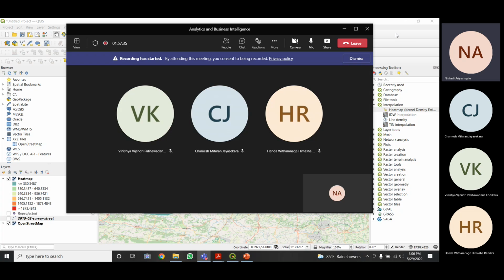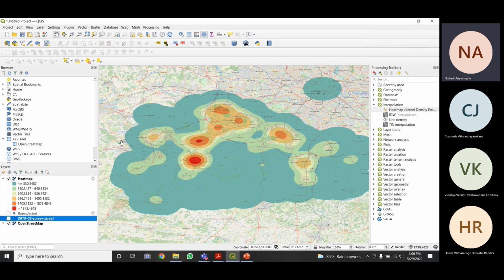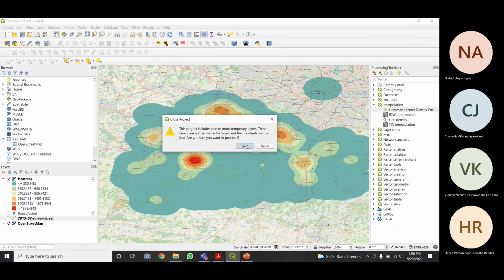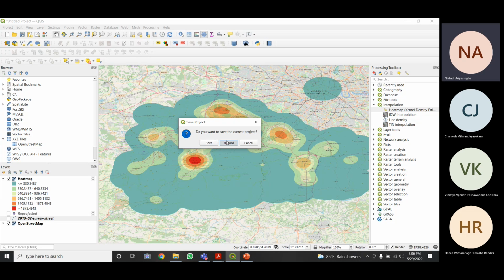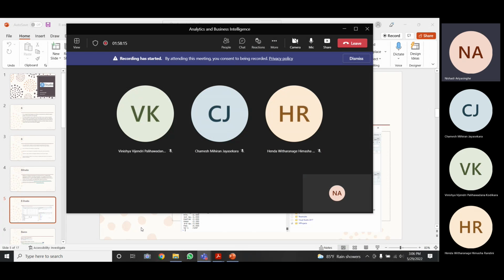Okay, so that will be all about QGIS. So by now, you will be able to answer all the questions related to QGIS. I think apart from three questions, all the other questions you are able to answer. You are able to make maps, heat maps, calculate line lengths and everything, digitize maps. Right, you can do all of them by now.